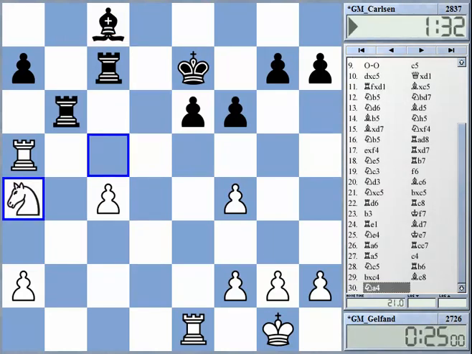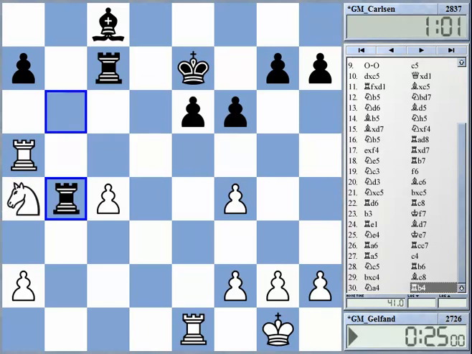So he went knight a4, and now rook b4. This may be not so accurate, but okay, it's a rapid game. Black had a minute and so on. Here